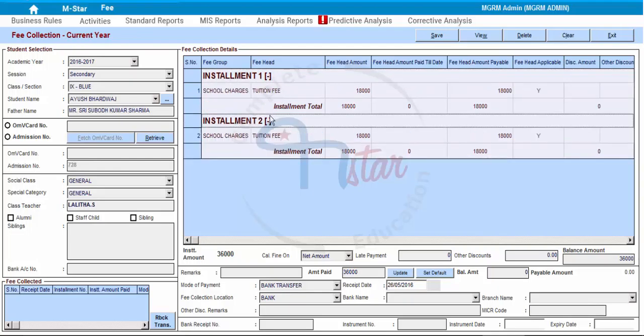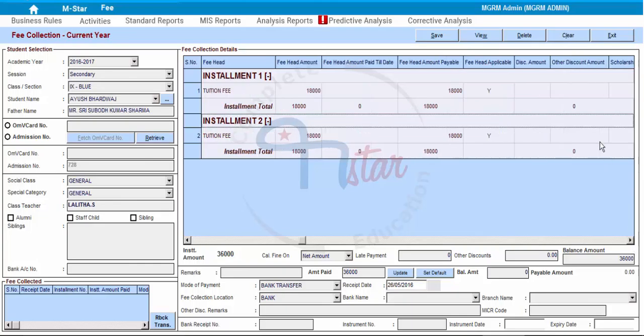We can see that two installments are applicable where tuition fee has to be paid by the student in each of the installments, and currently there is no discount amount applicable to the student in any of these installments. Now let us go and associate the discount category to the student Ayush Bhardwaj of 9th Blue and come back and check the fee collection screen. So exiting from the fee collection screen,